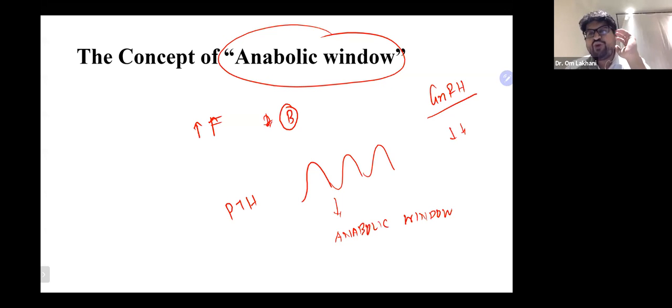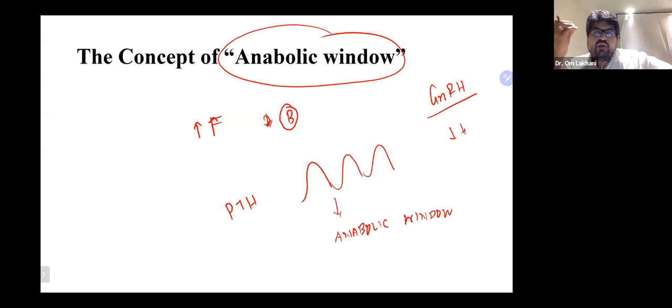So that's the beauty of hormones in the body. Not only do these hormones act in a particular way when given in a particular way, but they also have a completely opposite action if given in a different way. So in the same way, and this is the analogy which you should all remember.